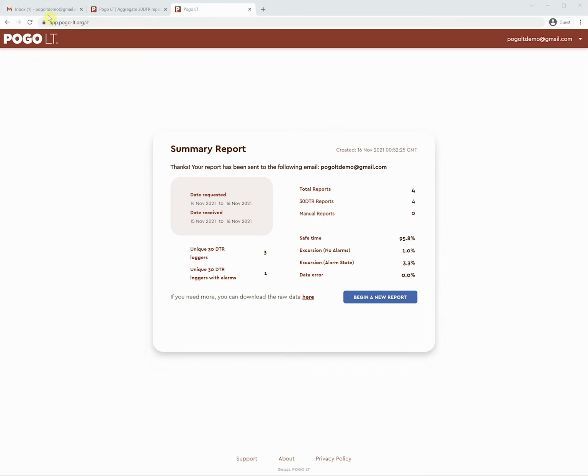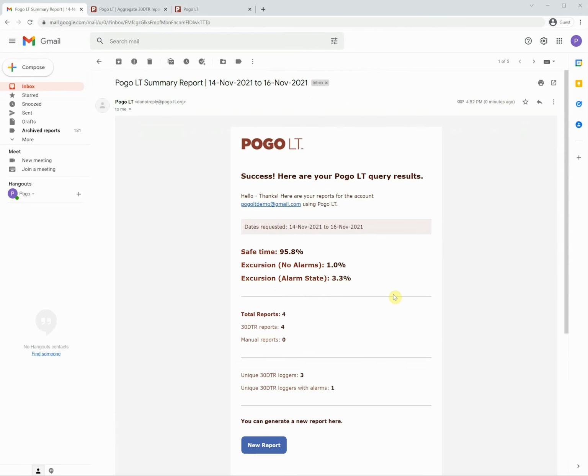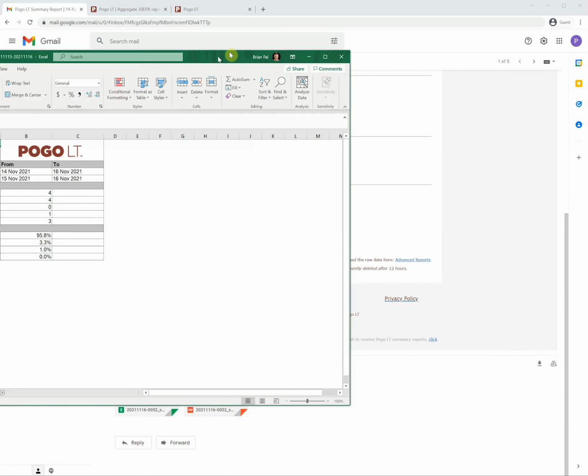So let's take a look back in the Pogo LT demo Gmail account. So here we see the most recent emails from Pogo LT. If we click on this, we can see the summary report that we were just looking at within Pogo LT. And we'll notice that there are 2 attachments, one of which is an Excel spreadsheet. So let's download that. And when we open that spreadsheet up,